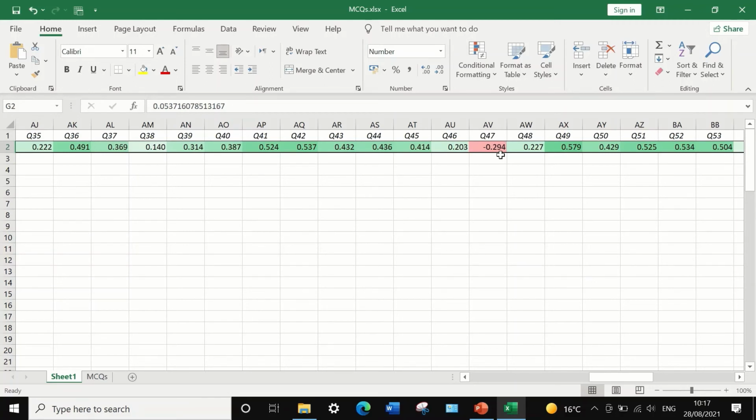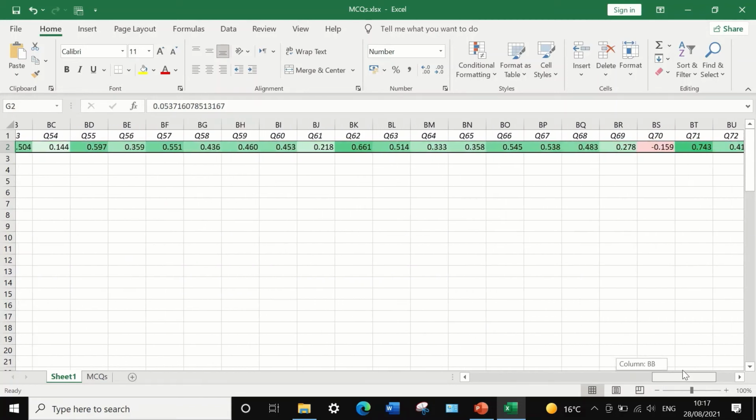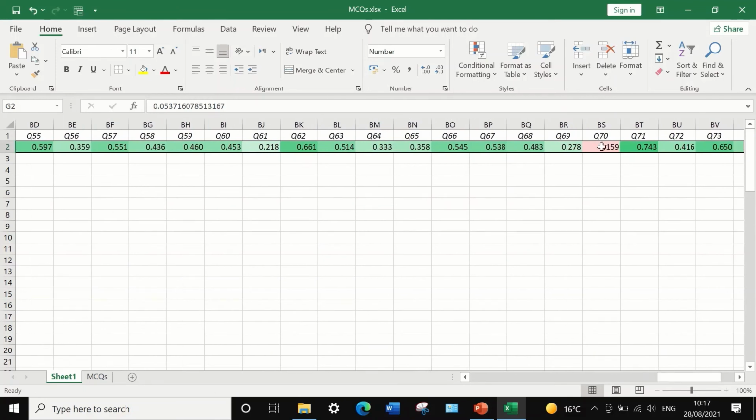So there is something wrong with these questions, and the best way to deal with it is to exclude that question and remove it from the exam. Similar things apply to question number 70, as it's also negative. Negative means it is a bad question. Anything close to 0 or minus needs to be removed,